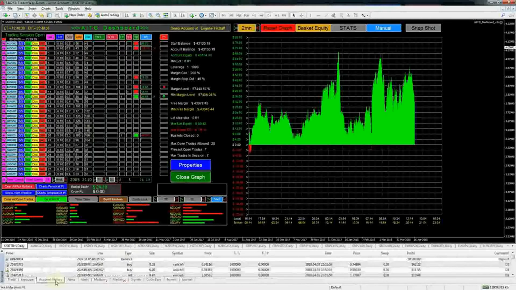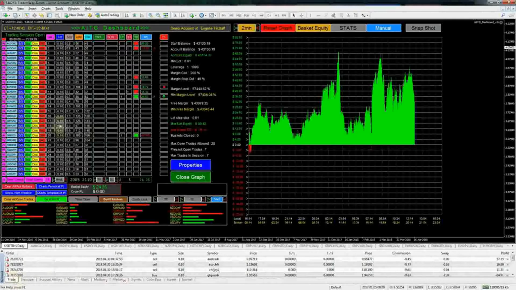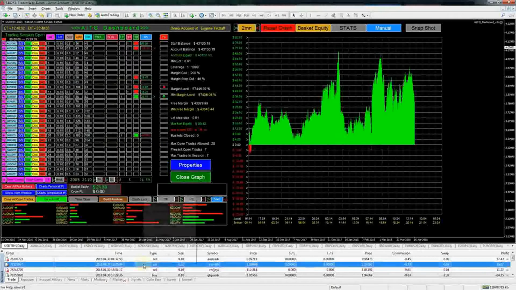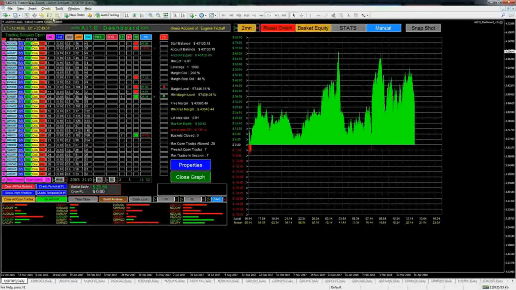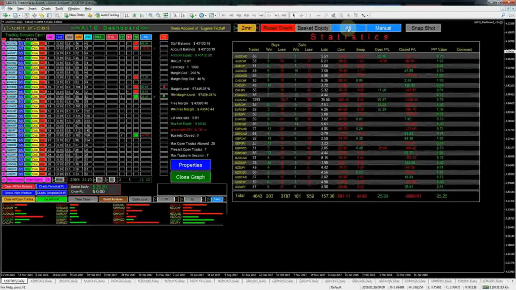And what that does, if you look down here in the account history, under trade, we haven't closed any yet. Nothing is closed. They're all the same trades that were originally opened up. Remember, this is fully automatic. And I want to make sure I turn on my comments. And there you can see my comment is over here. Now we're going to filter by comment because that's what I am using. So if I go to stats,